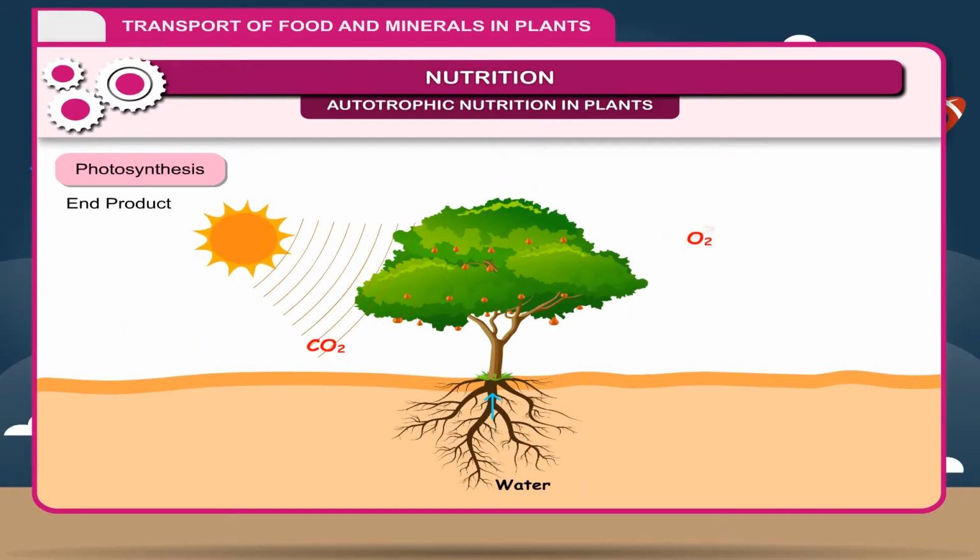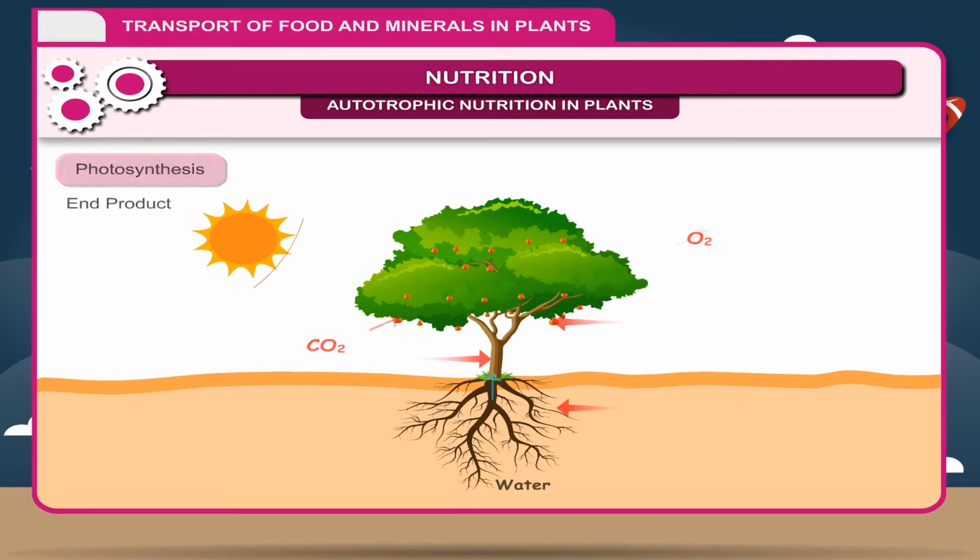Thus, it can be said that the leaf is a factory of food manufacture where solar energy is converted into chemical energy, carbohydrate. These carbohydrates are ultimately converted into different types of food material and stored in the roots, stems,